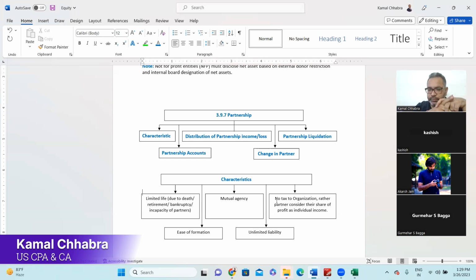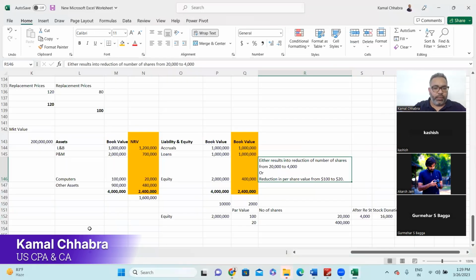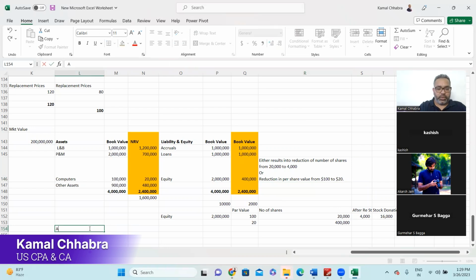Make sense? Yes, sir. So it's deducted as the income tax. No. For example, let me do the math for you. For example, Ayush, Kashish, and let's say Gurmehar